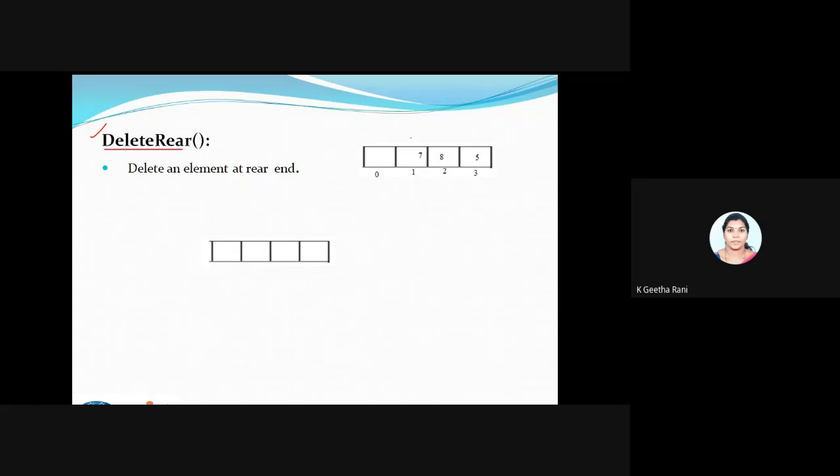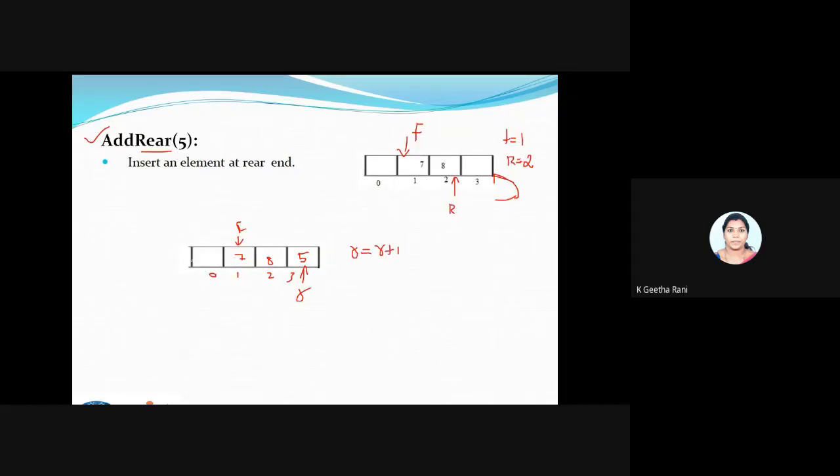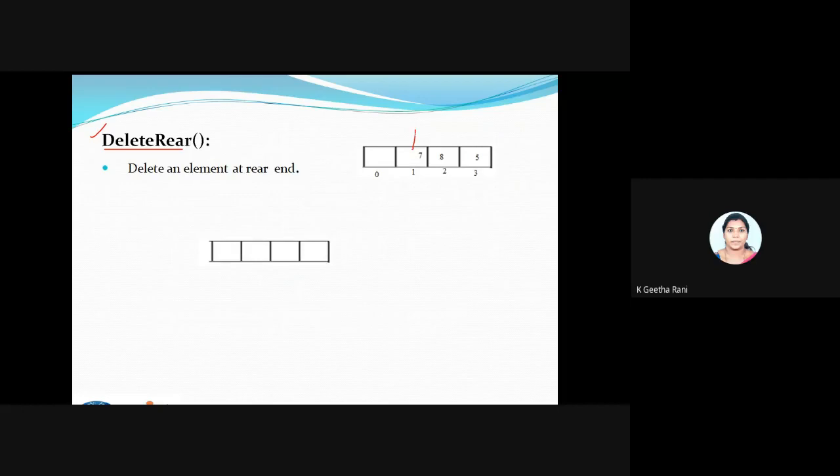Fine. So I'm taking the continuation of it. Where I left off, this is the updated queue. Now I'm going to take the same thing. So this will be the front, and this will be the rear end. Now I need to delete an element at the rear end. So for deleting, I will just move the pointer.